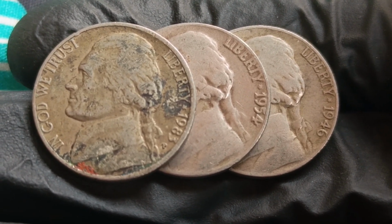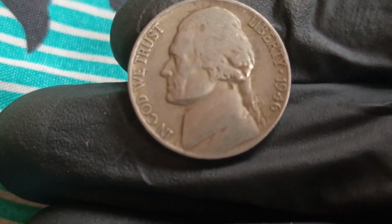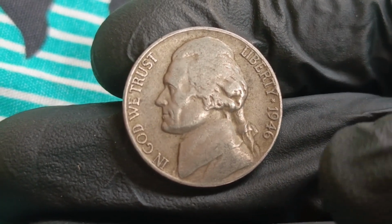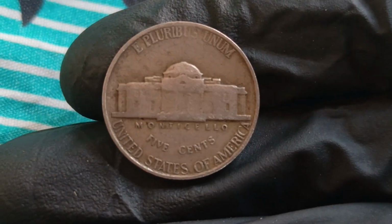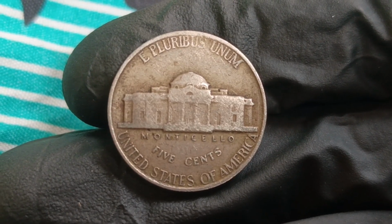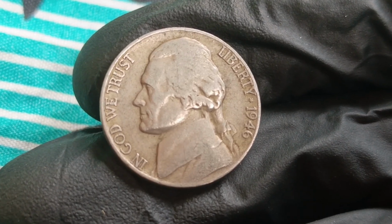Today we are taking a detailed look at a fascinating piece of American coinage. Coin number 1. This 1946 Jefferson nickel without a mint mark, especially one found in very fine condition. If you have an old Jefferson nickel sitting in a collection, an inherited coin box, or even an old jar of coins, you may be wondering whether that little 5-cent piece could be worth much more than its original face value. In today's video, we are focusing on the